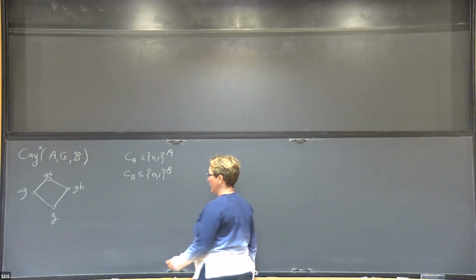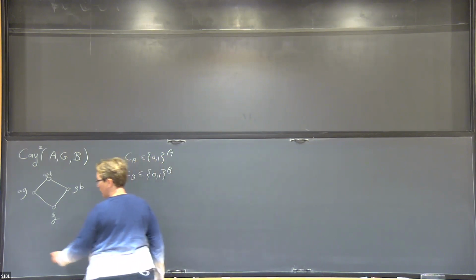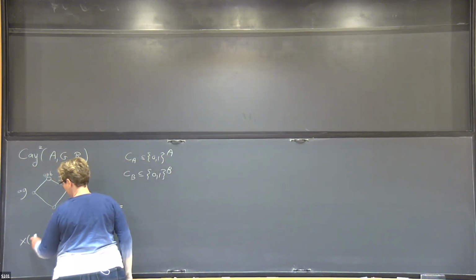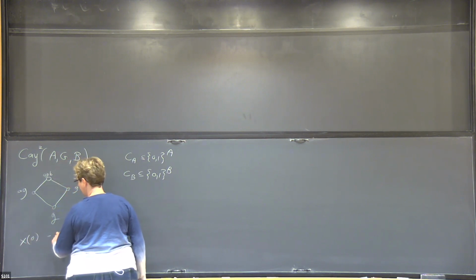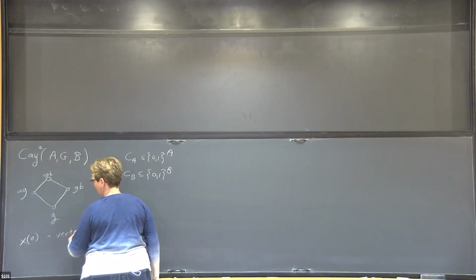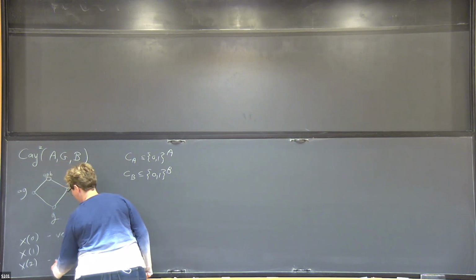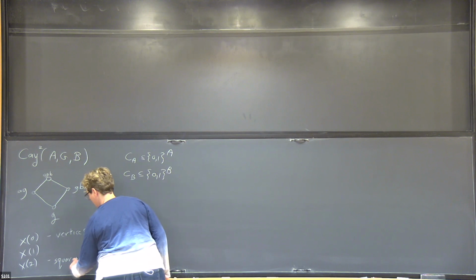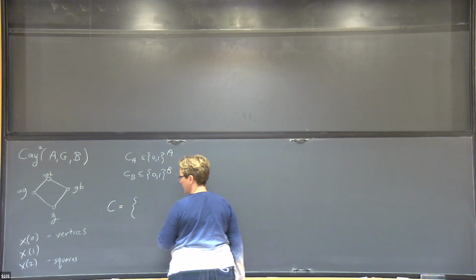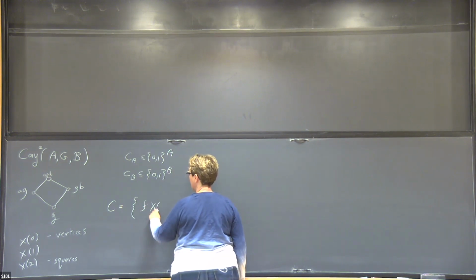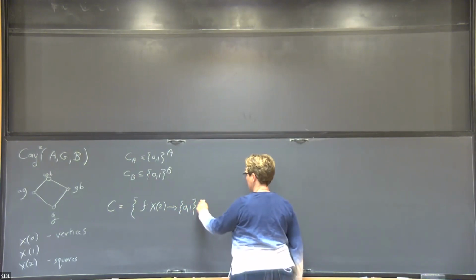And then we define the code to be, maybe I should just say, in these graphs with squares, X0 will be the vertices. I don't think I'll really use this notation. What I do use: X1 will be the edges, and X2 is going to be the squares, the two-dimensional faces. So my code is going to be all the functions on X2 to the alphabet, again, can be another alphabet,